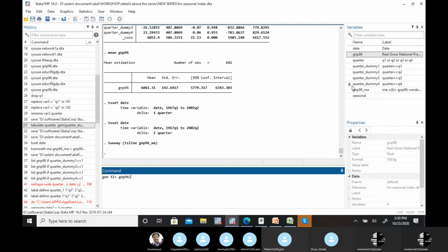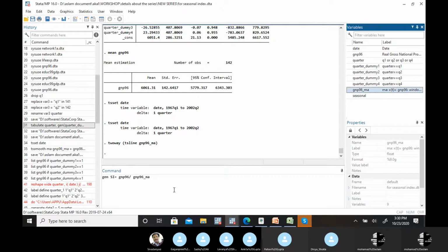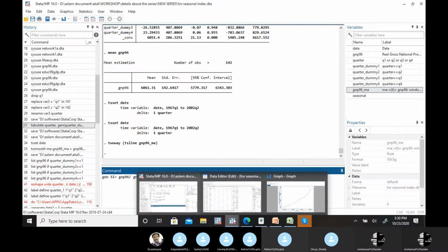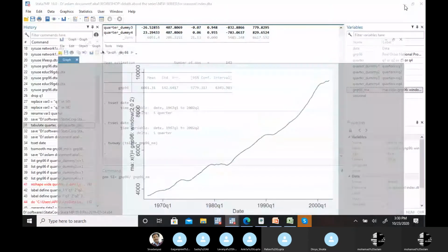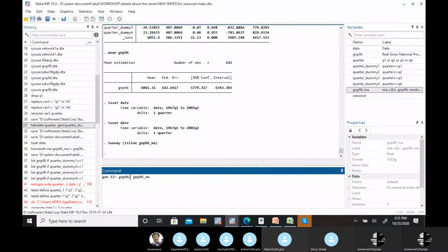Divide it by your T and C. Now why T and C? Because, as I explained in the graph, this is not only a cyclical component in this moving average, but trend as well.